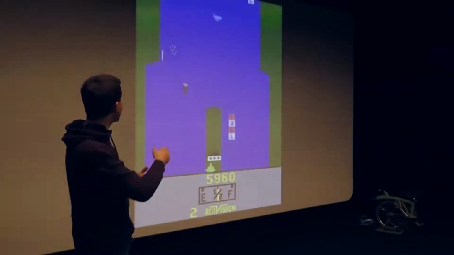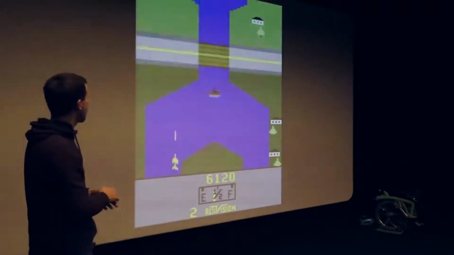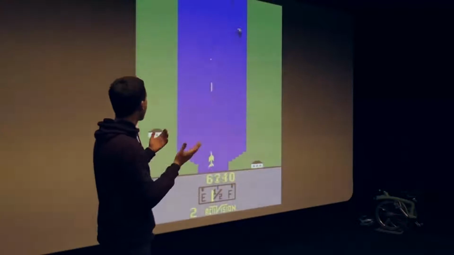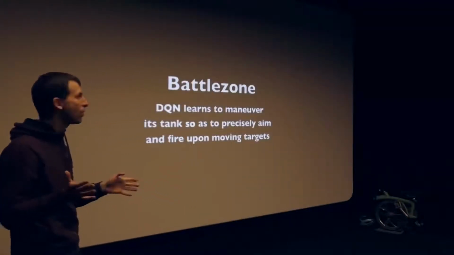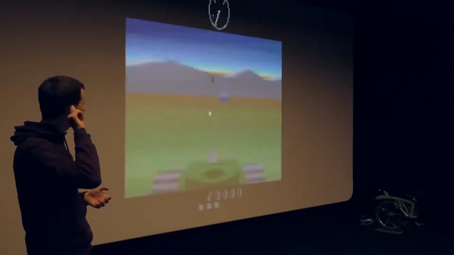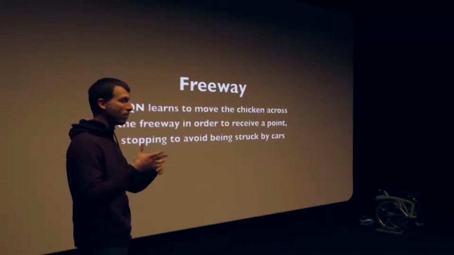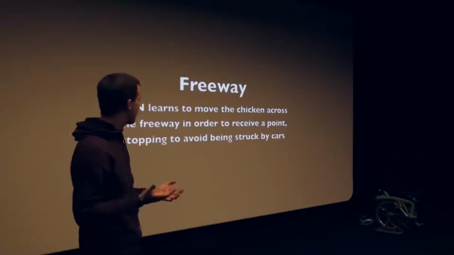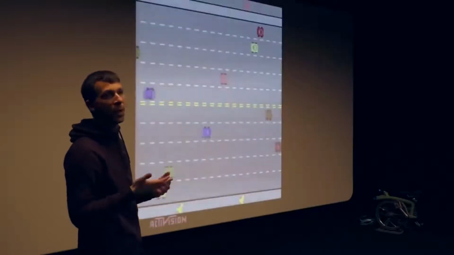And you can see the games are very different. This is a side-scrolling game where you have to blow up all of these things and accumulate score by shooting stuff and moving along. Some of them are pseudo 3D, like this Battle Zone. We don't claim these are good games, by the way, just that we built a reinforcement learning agent able to play them all, and it learns to do better than humans in more than half of the games